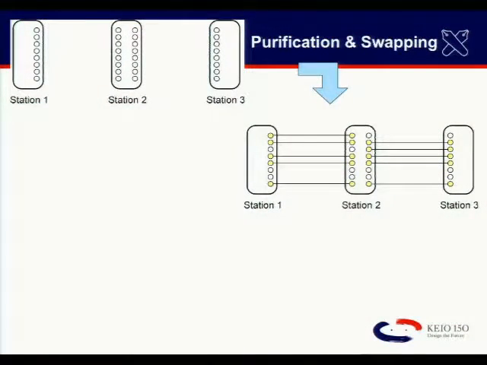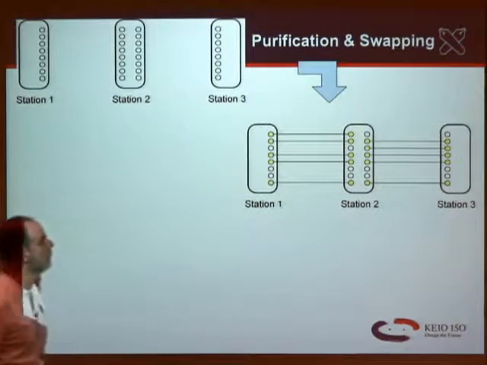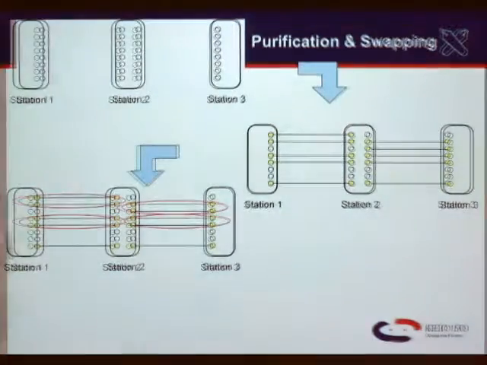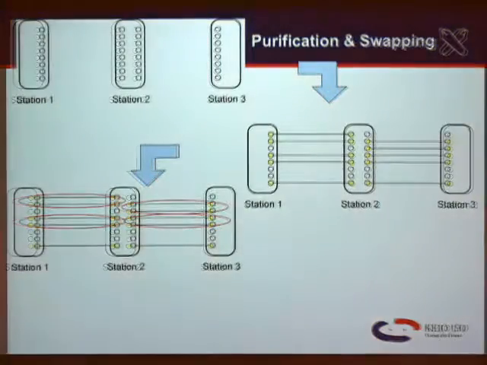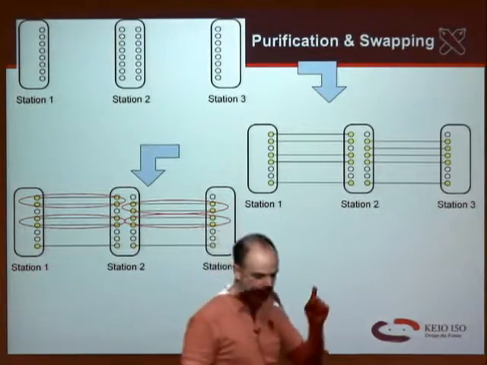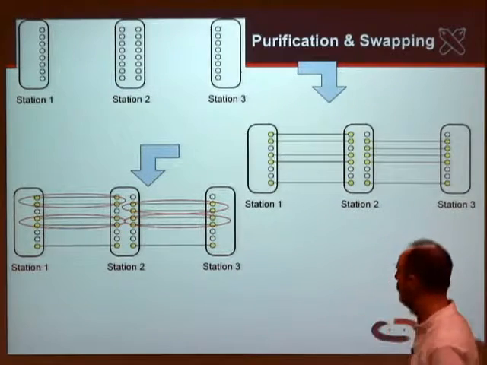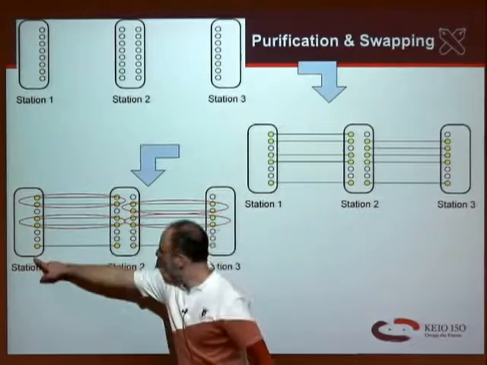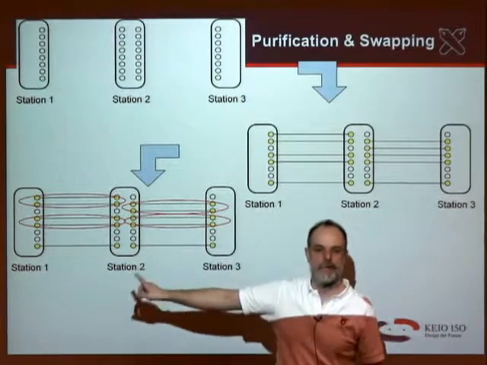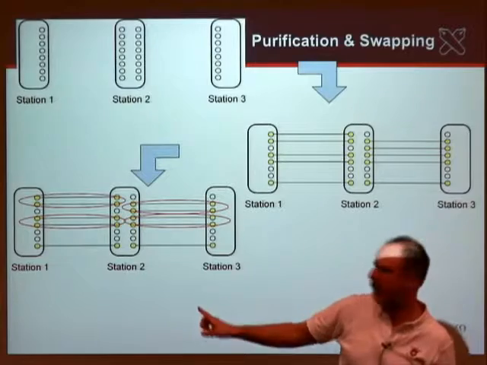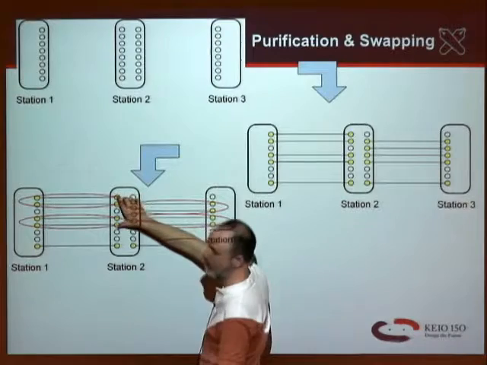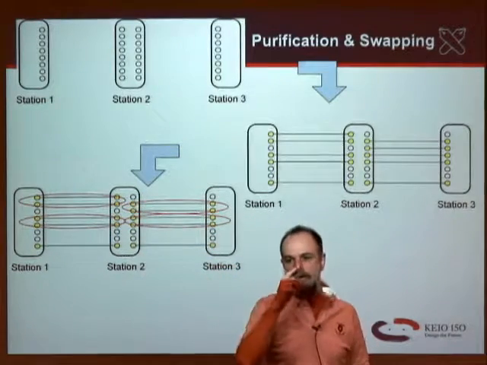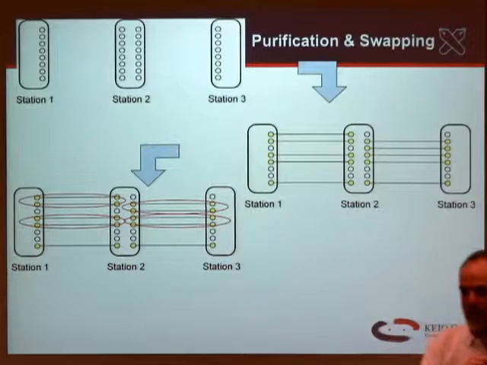You're sending a bunch of pulses. You'll wind up with some of your qubits entangled and some of them not as you're doing this between the various stations. And then what you're going to do, you have to pick out pairs of these and run your purification protocol. One of the places where you have to be careful in designing the overall system is this guy and this guy have to make the same decision about what pairs they're going to purify. If he picks 1 and 2 up here, and he instead picks 1 and 5, then your purification operation is not going to work, and you're going to have a real problem in your overall distributed system.